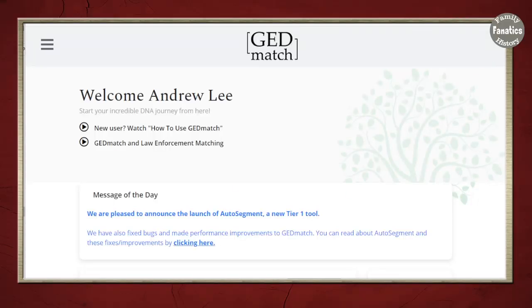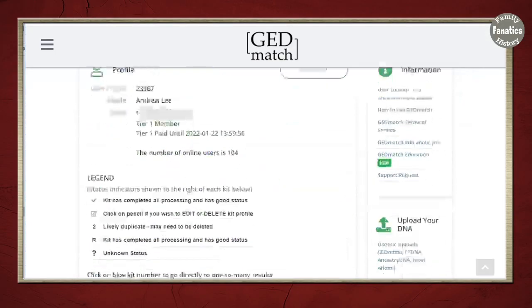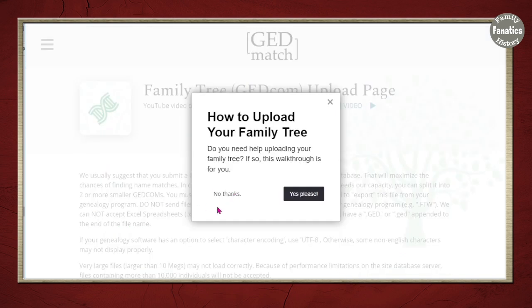Now I'm going to turn the time over to Andy, and he's going to walk you through the process of uploading your GEDCOM file to GEDmatch. So we've logged into GEDmatch, and we're going to scroll down until we find the GEDCOM tools, also called family trees. And what we want to do is click on this first one, upload a GEDCOM fast. Now, if this one doesn't work, then you can use the other one, but I've never had this first one not work. So when we click on that, we come to the next screen.